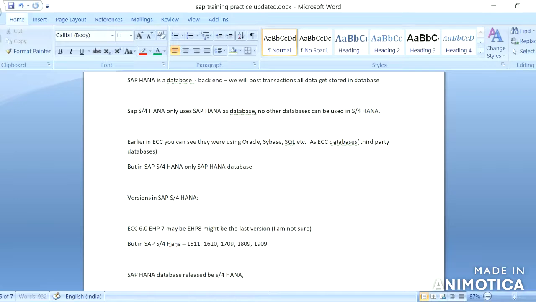So they started using the SAP HANA database even on ECC, EHP 7 or EHP 8. If people are working on EHP 7 or EHP 8 having SAP HANA as the database, it doesn't mean that they are working on SAP S/4HANA. SAP S/4HANA is totally different from ECC, but they are just using the database, they are not using the application.